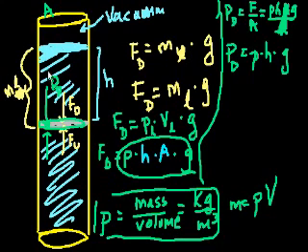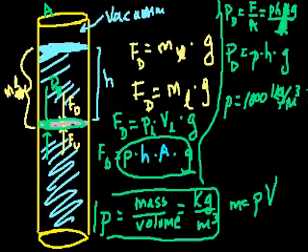If I were on the same planet, and let's say this is water, the density of water, and this is something good to memorize, is 1,000 kilograms per meter cubed. 1,000 kilograms per meter cubed. So let's say that we have no atmosphere, but I were to go 10 meters under the water, roughly 30 feet under the water. What would be the pressure on me? So my pressure would equal